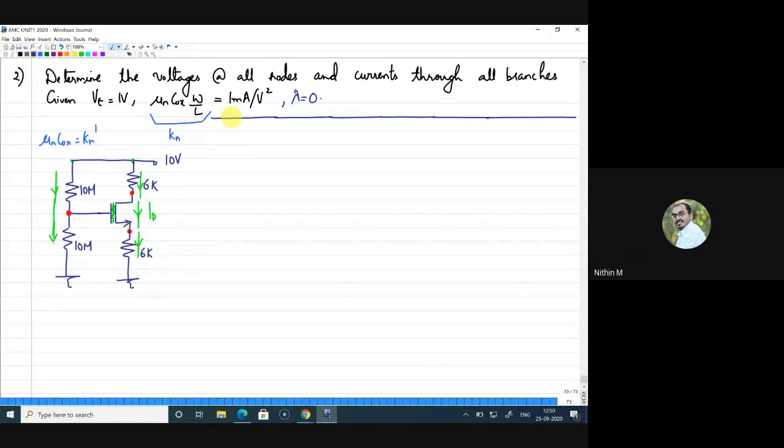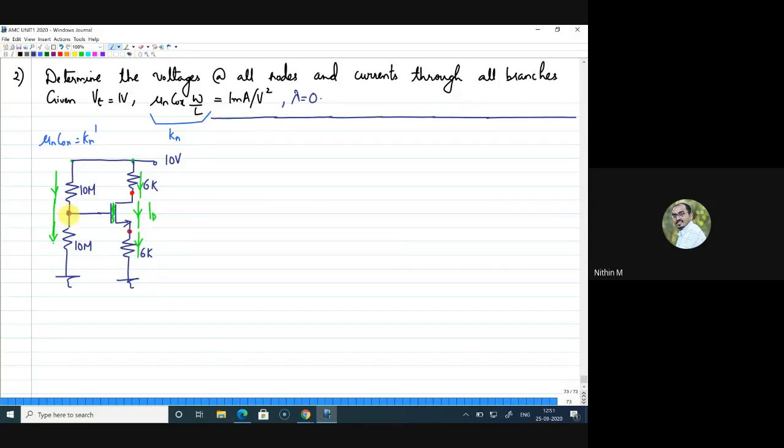Now, to start with, I should know whether the MOSFET is in the saturation region or linear region, or whether the MOSFET is on. But straight away, I can say the MOSFET will definitely be on because I have used a voltage divider biasing, which will provide some voltage to the gate. So I'll go with the understanding that the MOSFET is on. Now the question is whether the MOSFET is in the linear or saturation region. Before looking at that, let me find the voltage coming at the gate node.